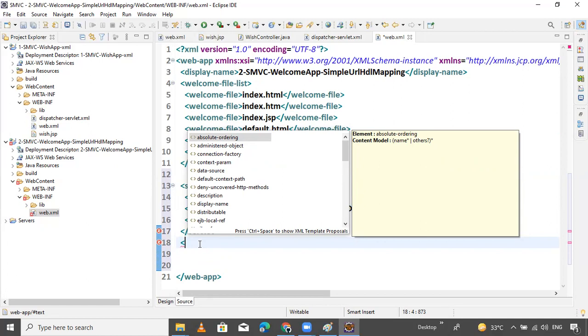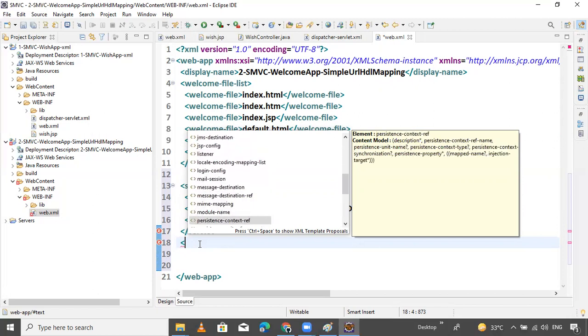Filter mapping, all these things are mapping.